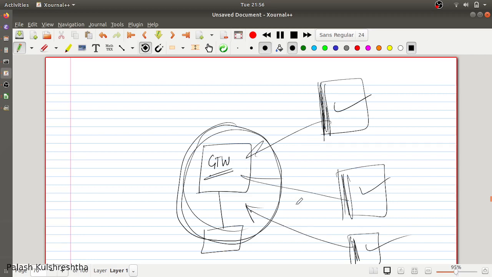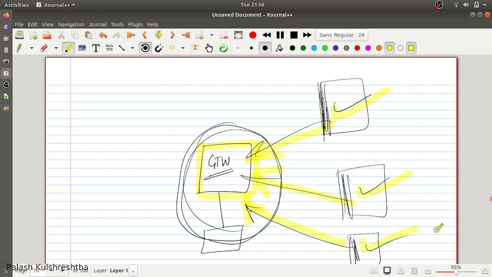And what are the downsides? Its downsides are also very familiar. This gateway can become a single point of failure. You have to ensure that gateway is scalable. Whenever you are onboarding any service or anything, you have to ensure that you are doing proper load testing so that the gateway can scale according to the traffic that backend services can expect.